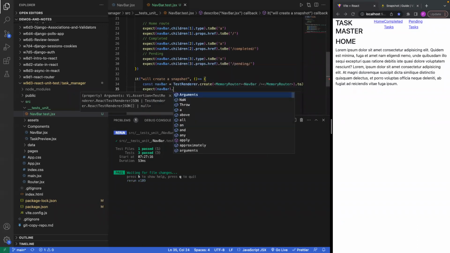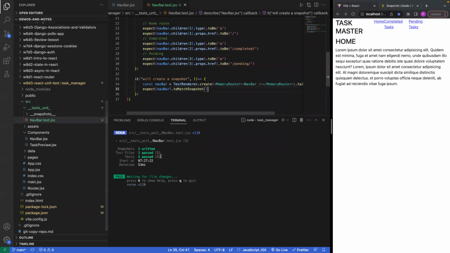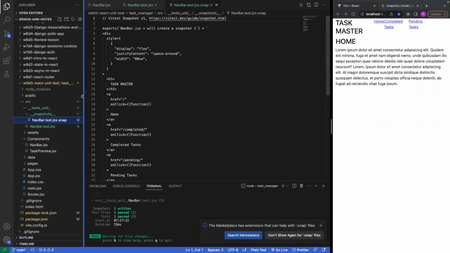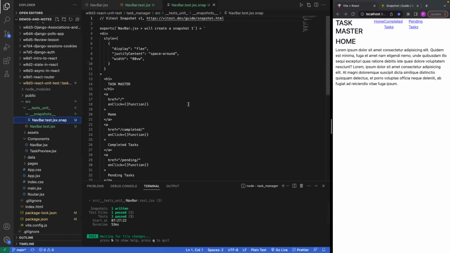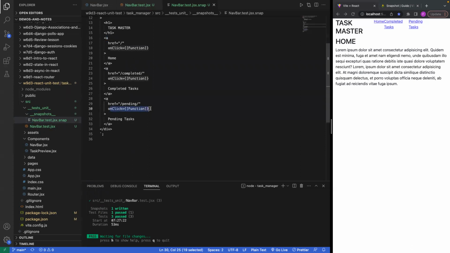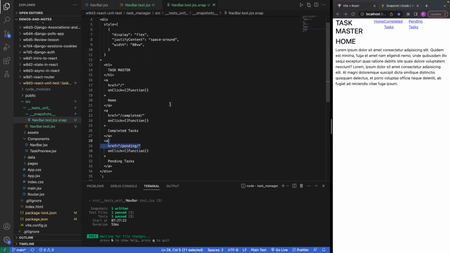So now I could say NavBar to match snapshot. I run this, it'll run, and then we see this little snapshot folder being created. Well, now if I look here, we have snapshot snap, and let me click on that. And now we see that it created quite literally a snapshot of the HTML belonging to NavBar JSX. Again, it's not recognizing that this is a link, but it is recognizing that it's an anchor tag. And it's recognizing that there's something that's supposed to happen on click. And it has the correct routing with the correct labels. So now, if somebody went into my navbar,